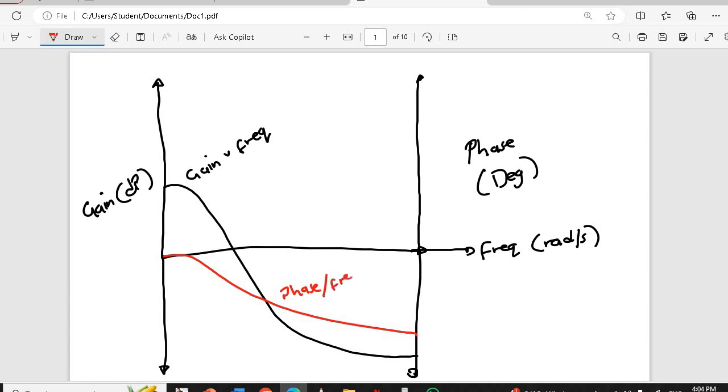Then guys, there are 2 points I always say you need. There's like 2 points you will always need. This is in decibels. This is the point when your gain is 0, when your gain is 0 decibels, and another point when your phase is minus 180 degrees. These are the only 2 points. So when your gain is 0, from this point, this is where I get the gain crossover frequency,